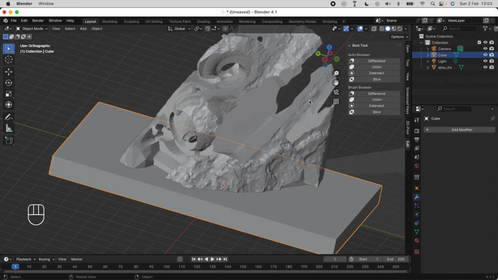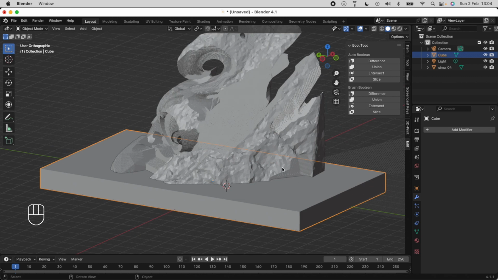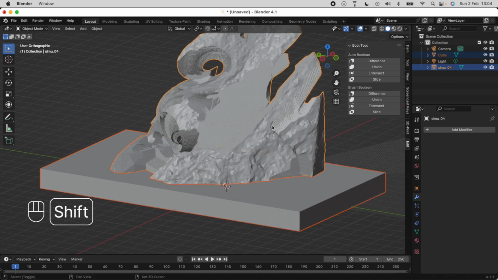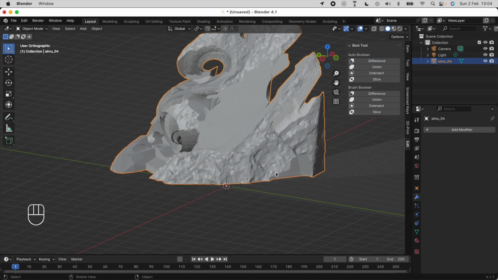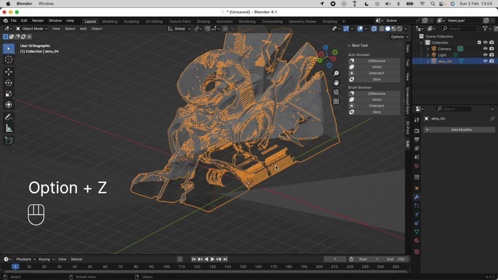What Boolean does is, between two objects, it will add, subtract or intersect between them. So if I select the bool object and then our target second, and click auto Boolean and difference, that's going to slice that and take away that section there. If I undo that,